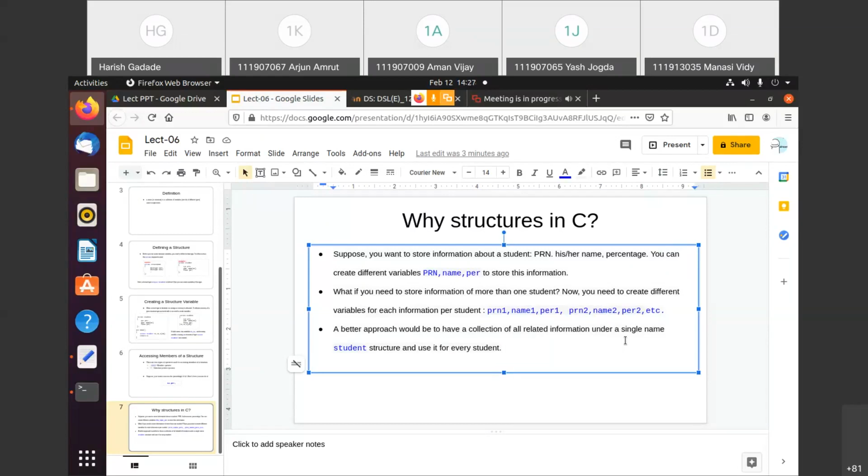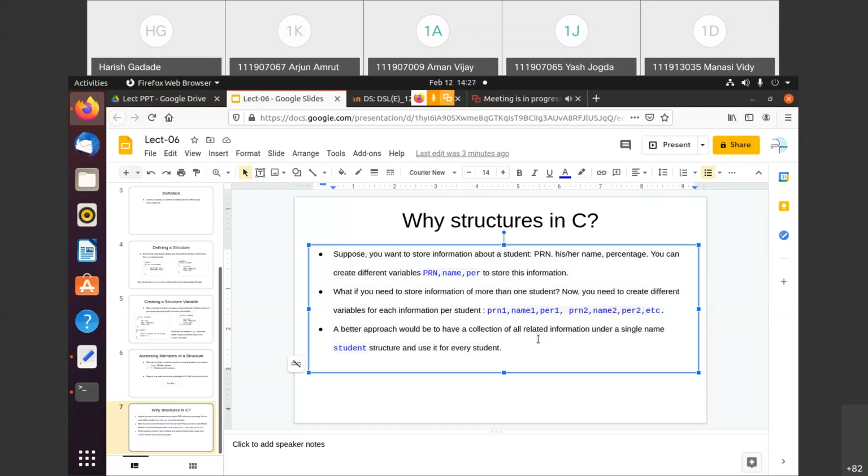So it's better to create a structure, and provide these variables as attributes. Getting this? So a better approach would be to have a collection of all related information under a single name, a student structure, and use it for every student.